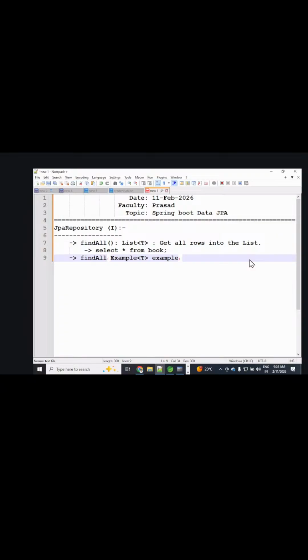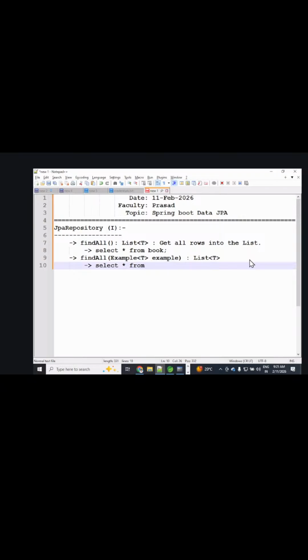For example, select star from book where book ID is equal to 101. That is what we can use the findAll method for. This findAll method also returns a list. Here also, from the database point of view, you can use